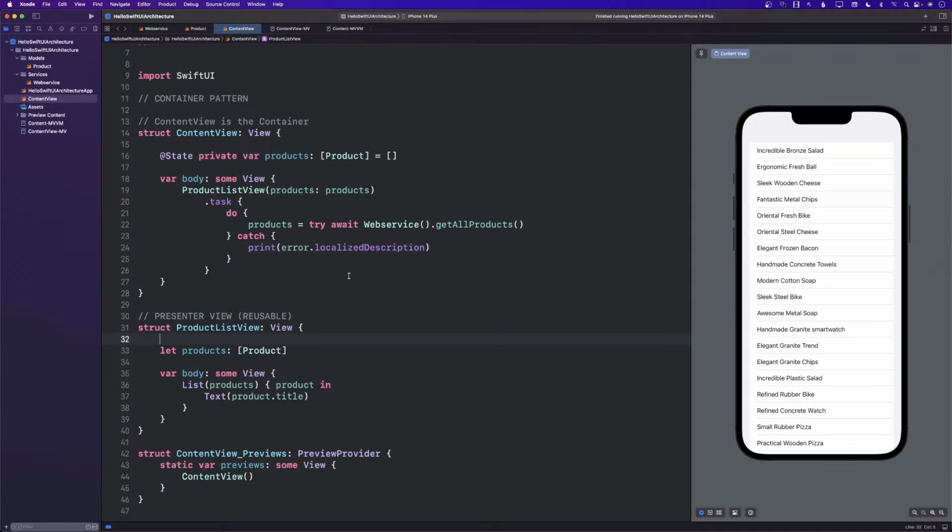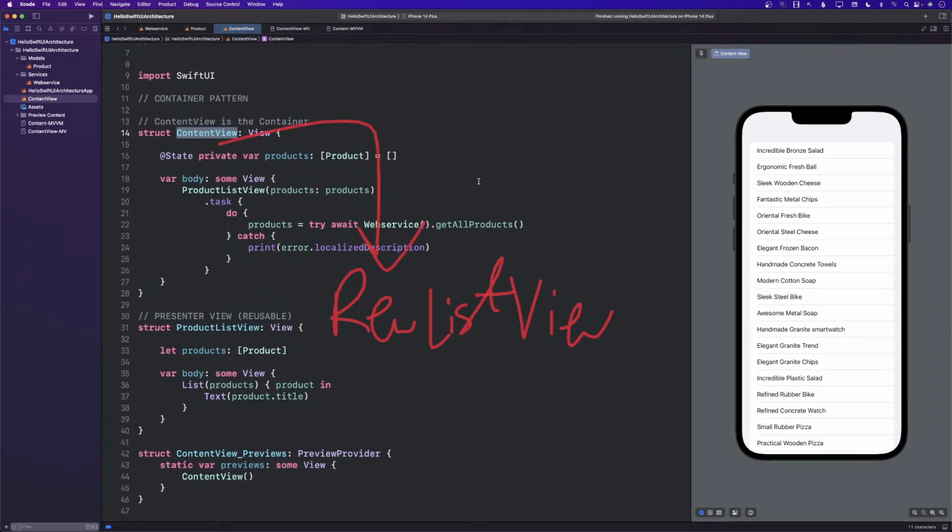Keep in mind that this does not mean that every single view must be a container. So we will not be like, oh, container and presenter, container and presenter. No, it really depends. If the content view is displaying some other stuff, like reviews, then maybe I would create a review list view. I will not create a review container view, just a review list view. And then the content view can provide the data to the review list view, and the content view can provide the data to the product list view. It really depends on how the content view is displaying the products and the reviews, I guess.